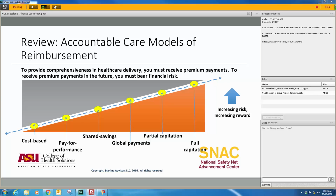So we want to do, just before we jump in, a little bit of a quick reminder. This is actually something that you guys saw very early in our sessions together, way back when in September, I think. Just a quick overview of the main accountable care models of reimbursement, five of which we're going to discuss today. So just a reminder that as safety net providers, payers of healthcare are really going to be asking you